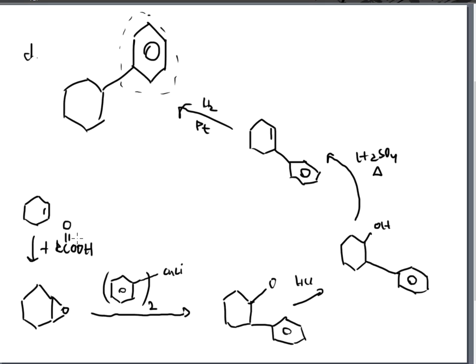So peroxy acid, my Gilman, acidify it, eliminate it, and then H2 platinum it to break the double bond, and I have the product that I need. There's your examples. A, B, C, D,